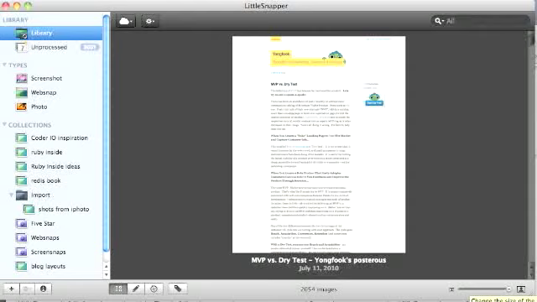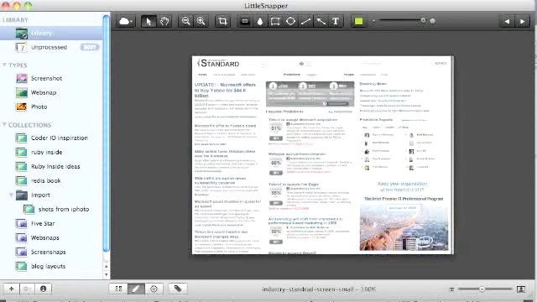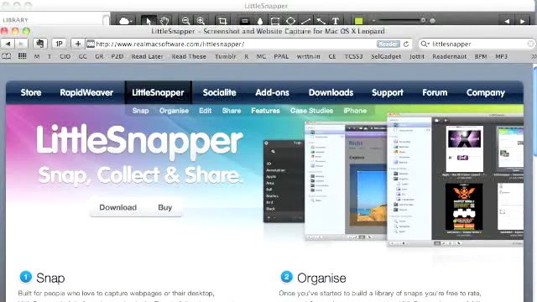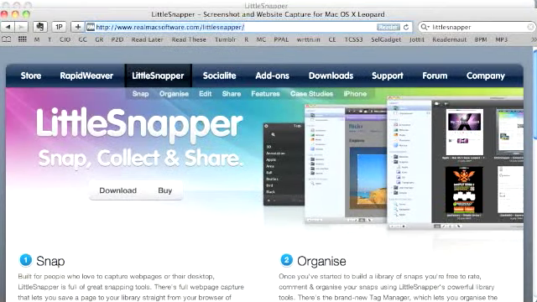One other thing that LittleSnapper does, you can do kind of cool stuff, like draw on top of the screenshots and put notes on. If you want to work with someone else and they want to know what the screenshots are about, you can put notes on. But perhaps the coolest thing, and their webpage has loaded now, is if I go to a website like